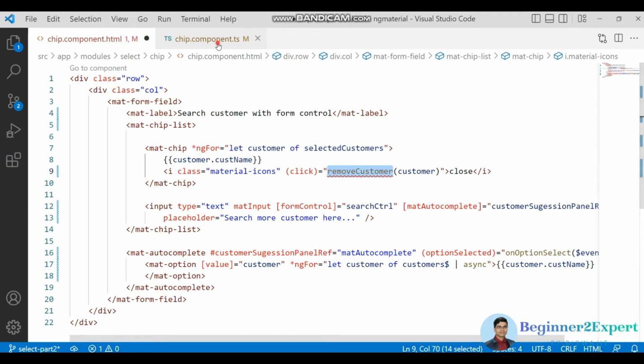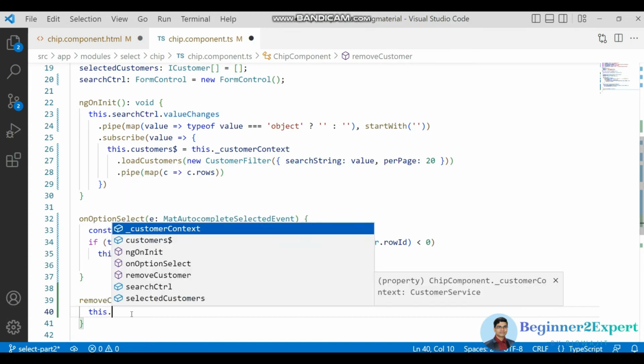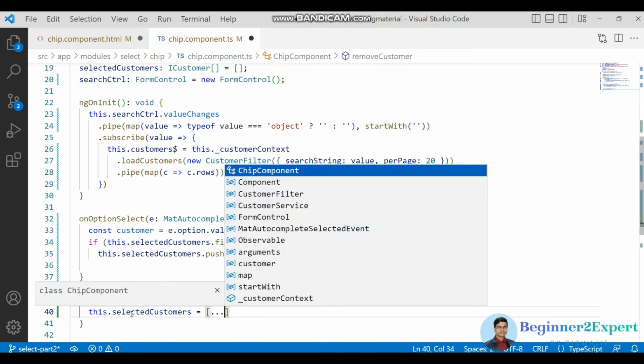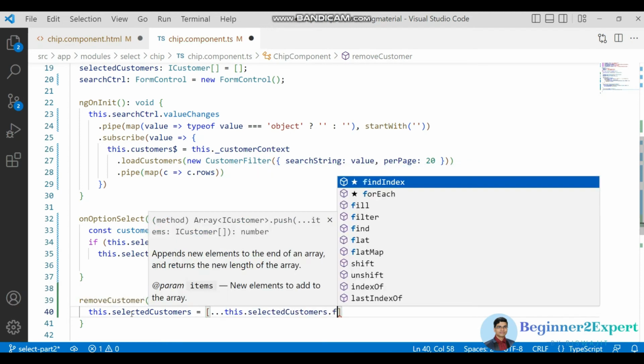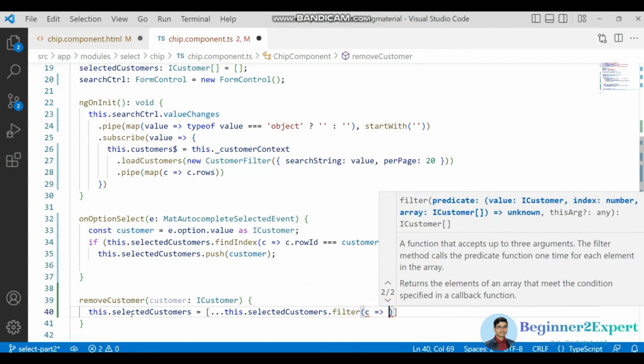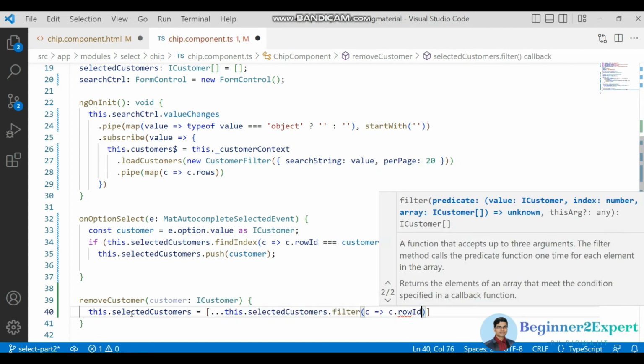Let me define it, customer of iCustomer, and then see how I can remove the customer from this selected customer with one line of code. Okay, this dot customers equal to, I will use the spread operator dot filter, and then c dot row id